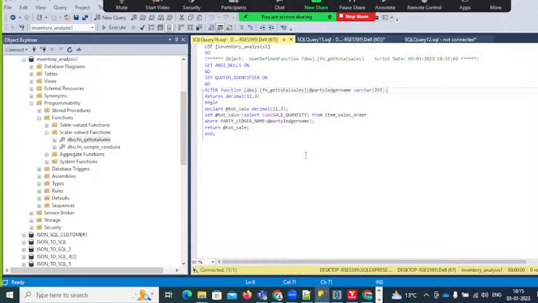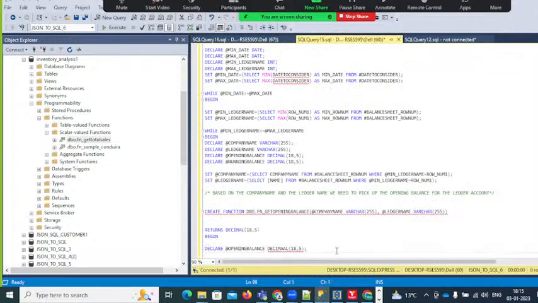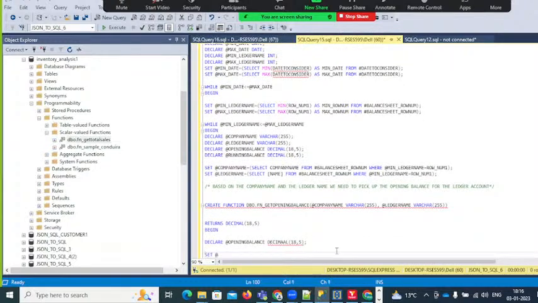Yes or no? 18, 18, set at opening balance equal to select opening balance